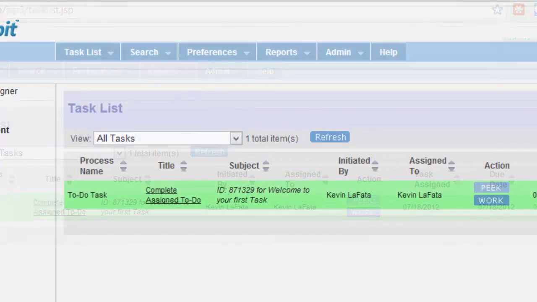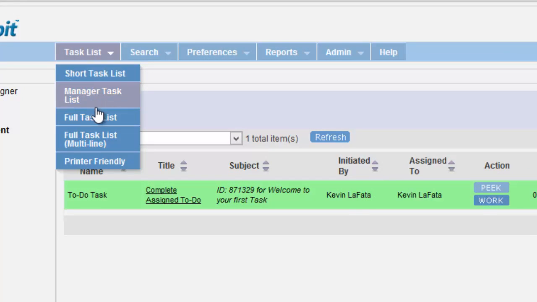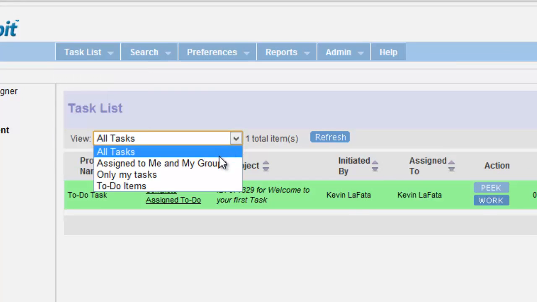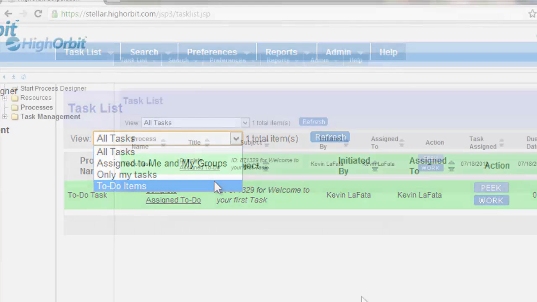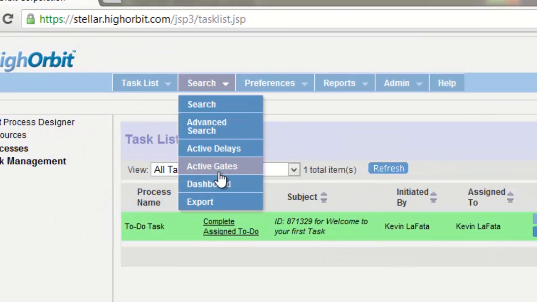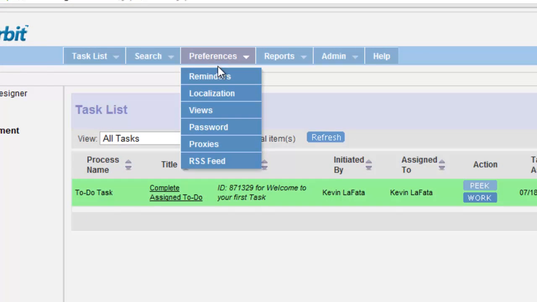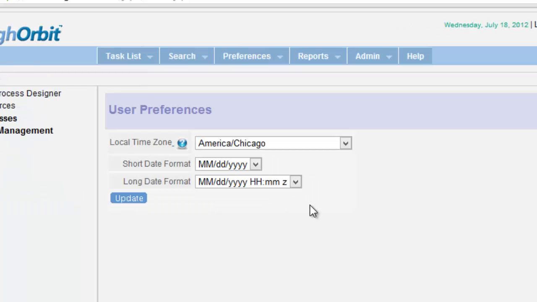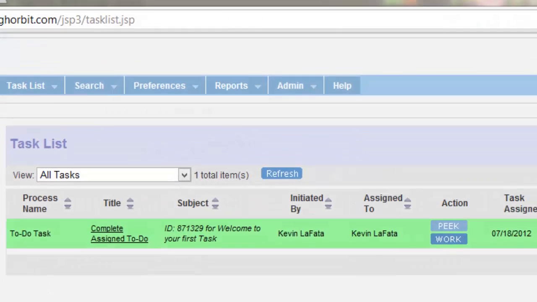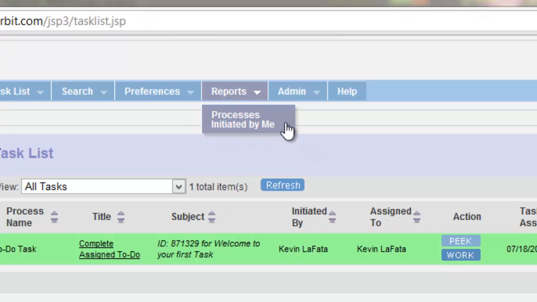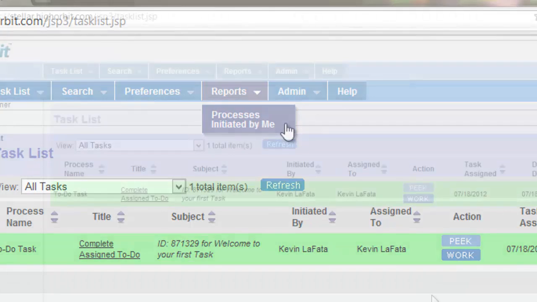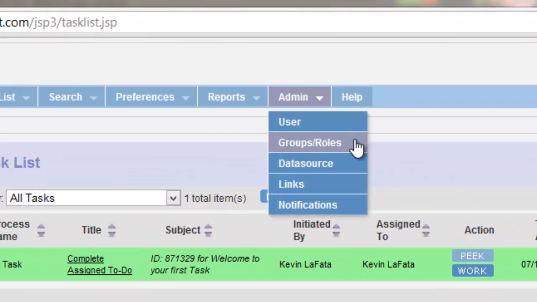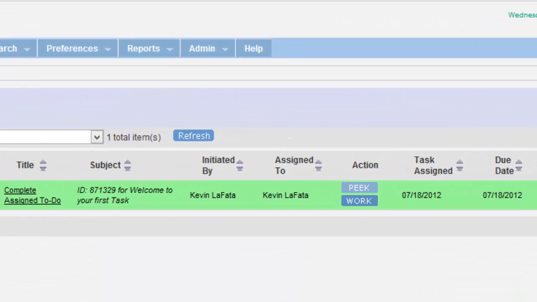You can select condensed or expanded views of the task list, or filter your tasks by selecting one of the views. Under the search menu, you can find the status of running processes as well as exporting data. The Preferences menu gives you the options to change some of your settings, as well as the ability to change your password and time zone. The Reports menu allows you to see various reports on the status of processes you have started. The Admin menu is where you will create users' accounts, create groups and roles, and administer the software for your